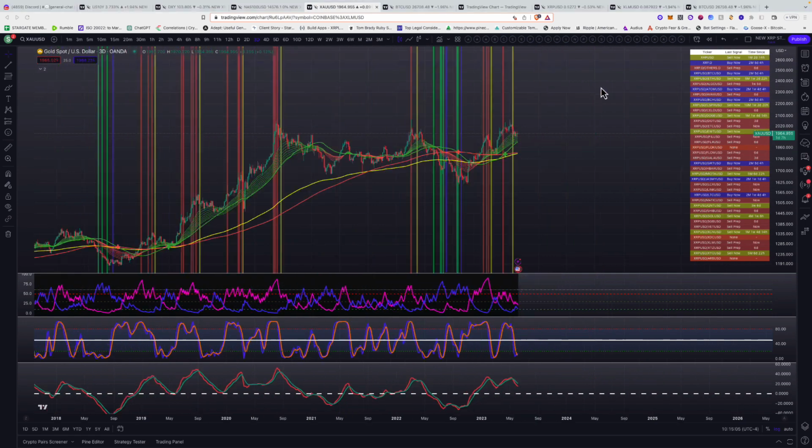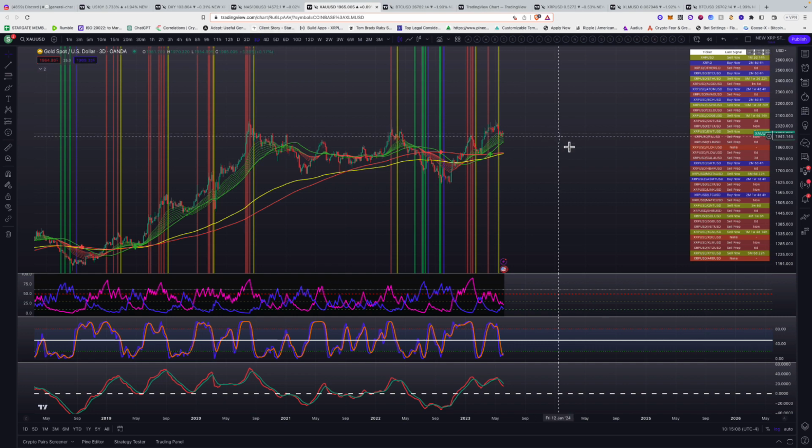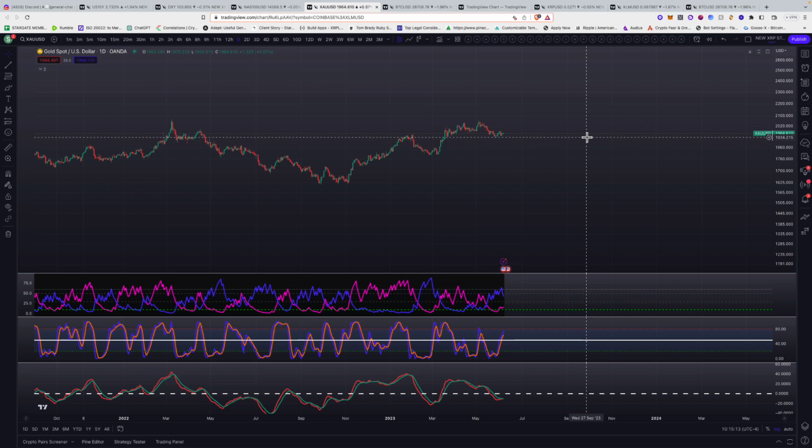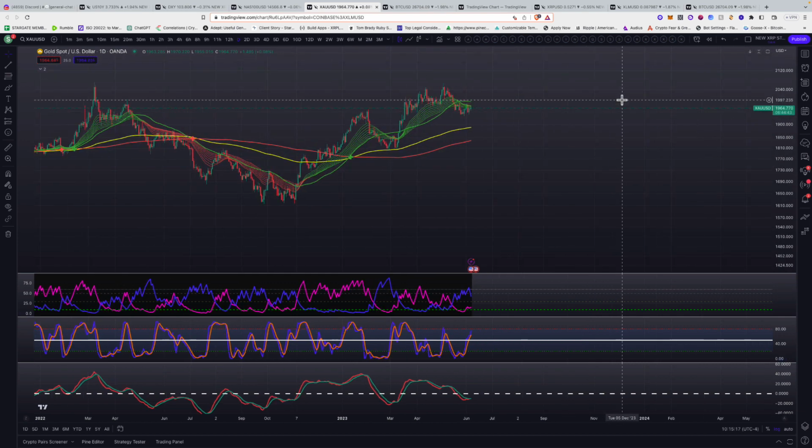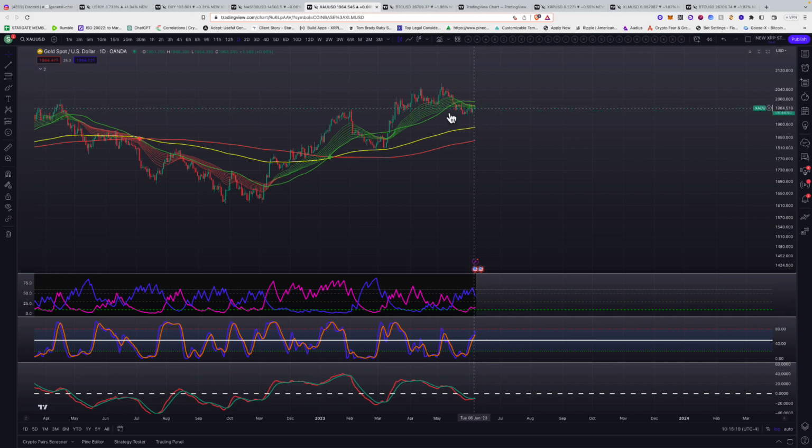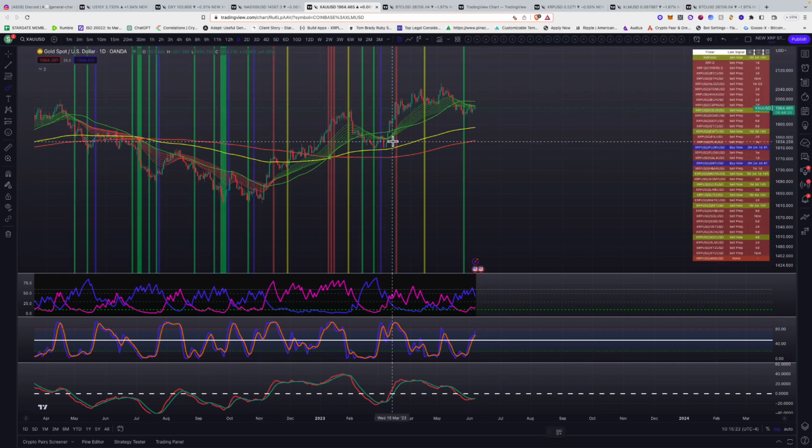So gold right now, it's holding its own up. We are on the 3-day chart, still hanging at that 1965. We go to the 1-day chart. Yeah, so we're holding 1940 as some nice support right now. We are running into a little resistance at this EMA ribbon, but to me, it seems like we're actually almost